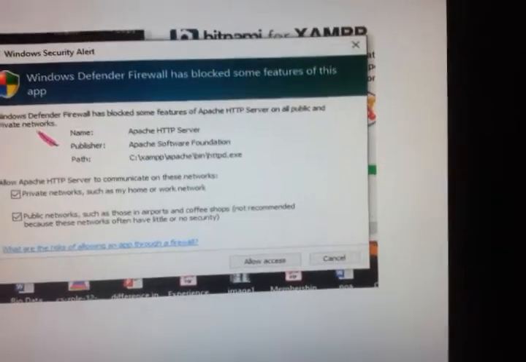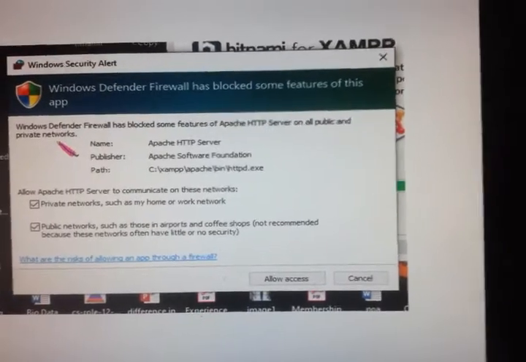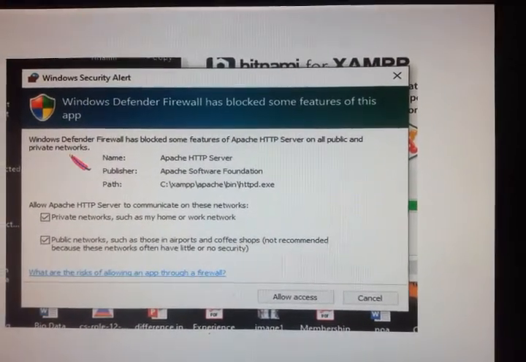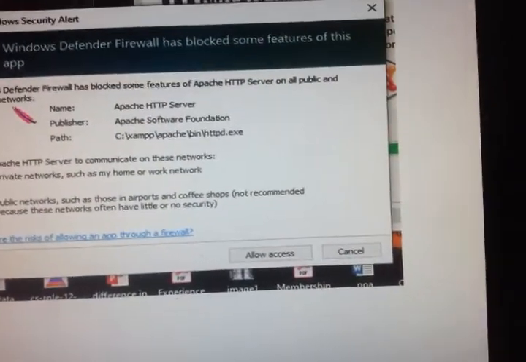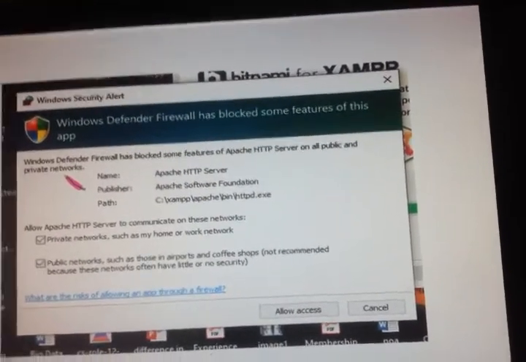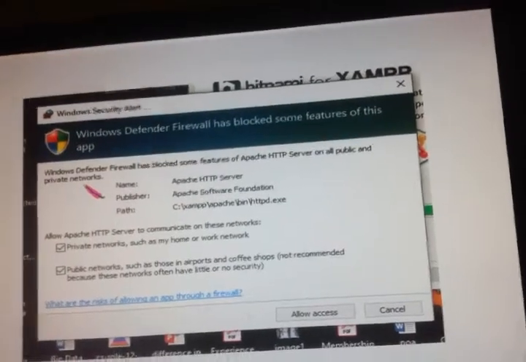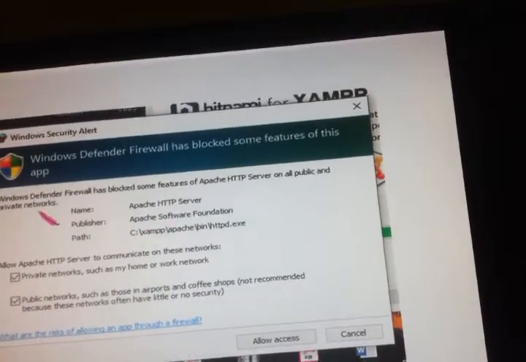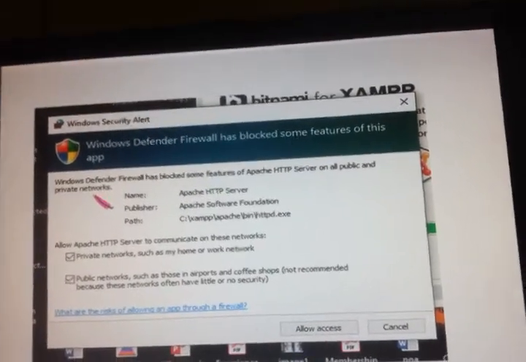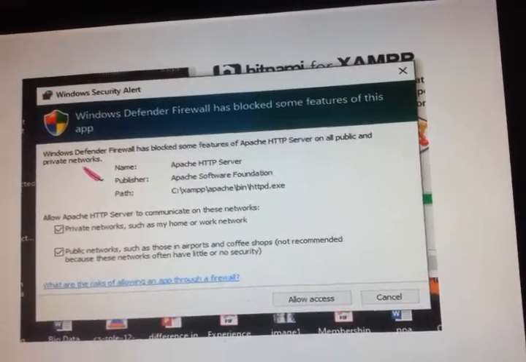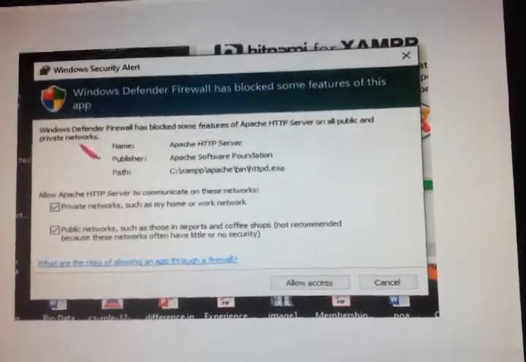Here, if you are not allowing access, it won't go forward, because if you see the path c:/bin/httpd.exe, this is the exe file which is required to install your XAMPP software.